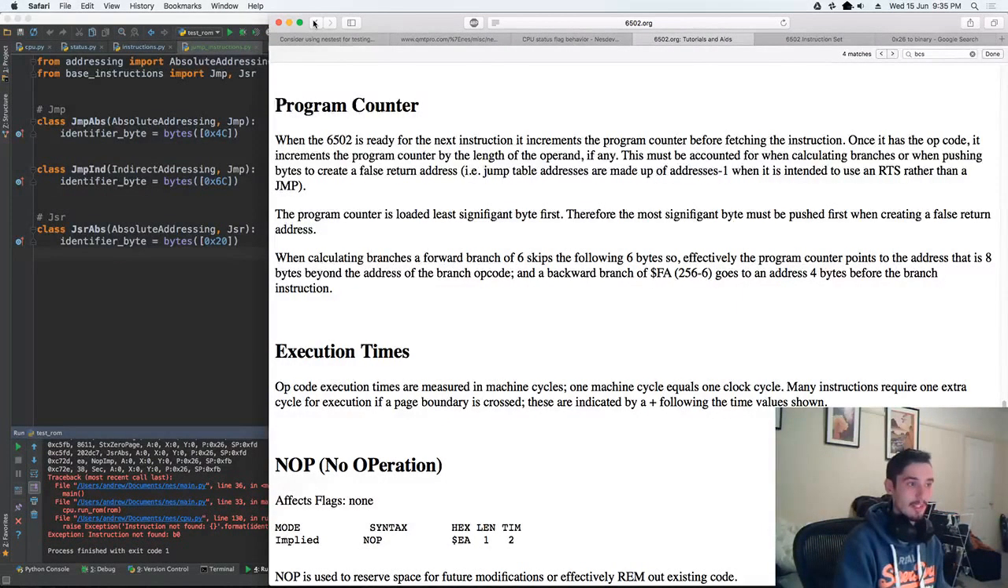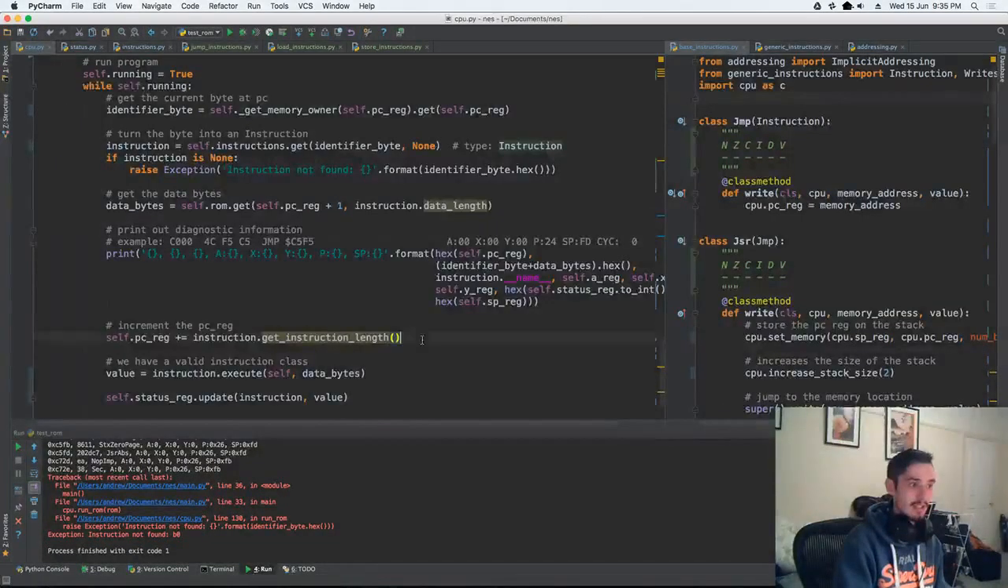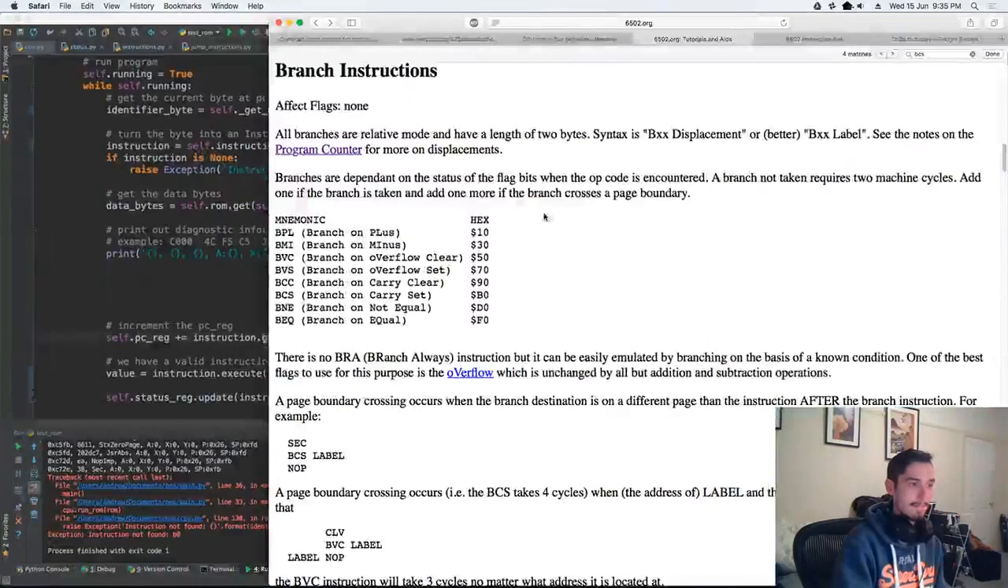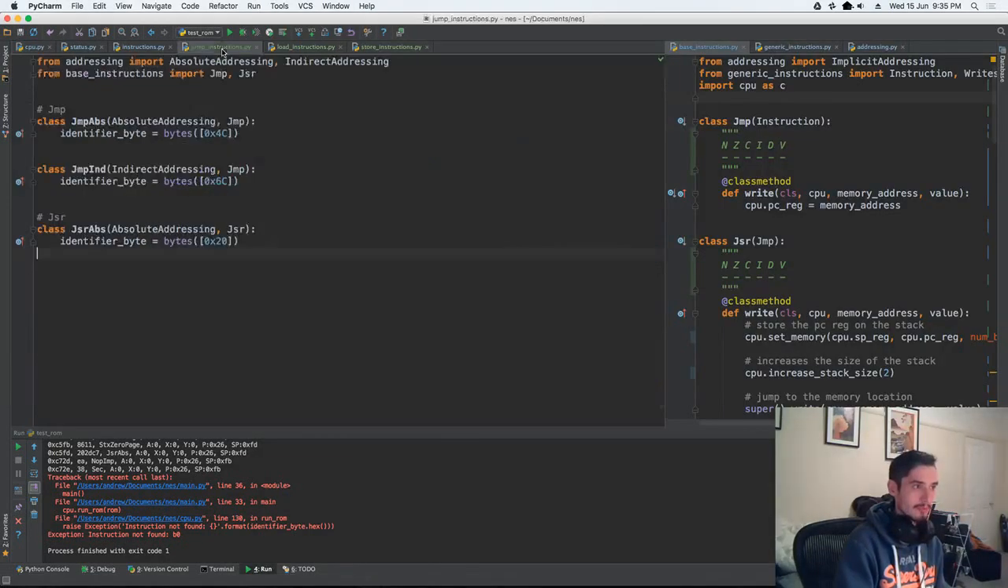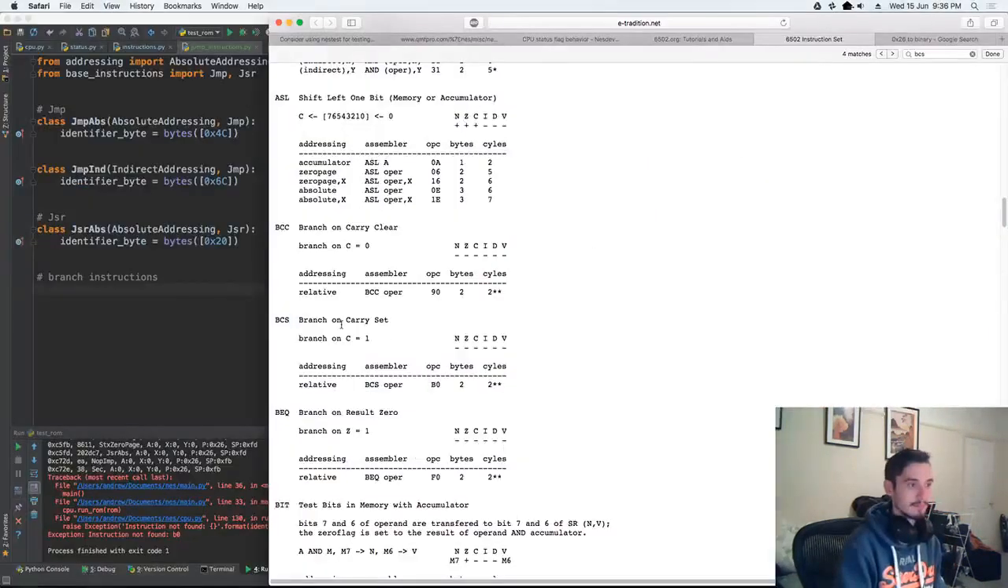Once it has the opcode, it increments the program counter by the length of the operand, if any. So actually this PC reg, yeah, that makes sense. Alright, so where was I? BCS, somewhere. Branch on carry set. So this is going to be a jump operation. Branch instructions, I think is what we called them. And we're going to do branch on C equals 1